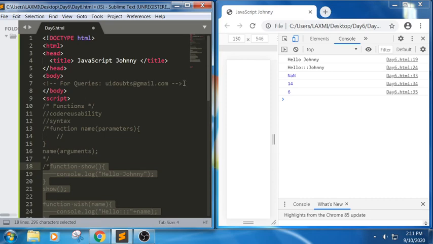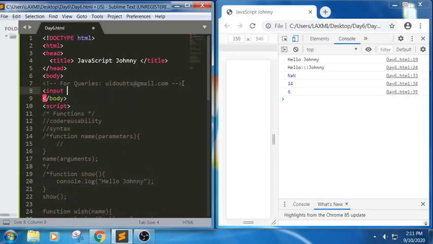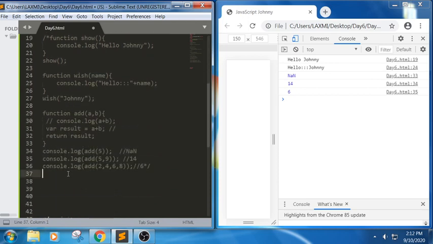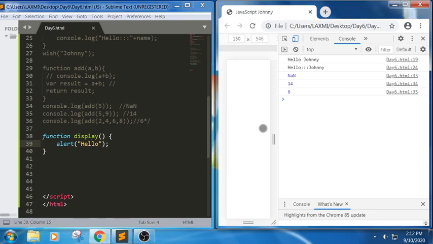See here, inside the body I am trying to define something called input type equals button, and in this I am writing a function, function display, and I am trying to write hello here. See, until or unless we call a function, it will not perform. Here we are calling add, so it executes this block of snippets. But display, we haven't called anywhere. It will not perform any operation now, right? It is not performing any operation.